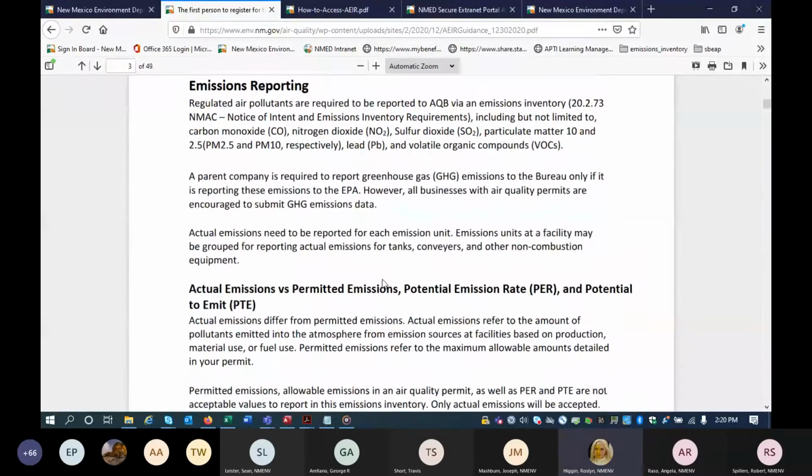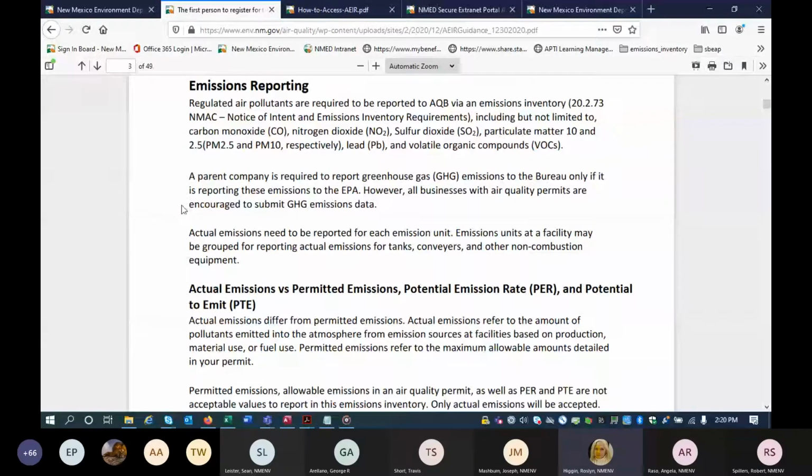And there's some basic information about the regulated air pollutants, and you can read over that. We are also requiring that the parent company report greenhouse gases.